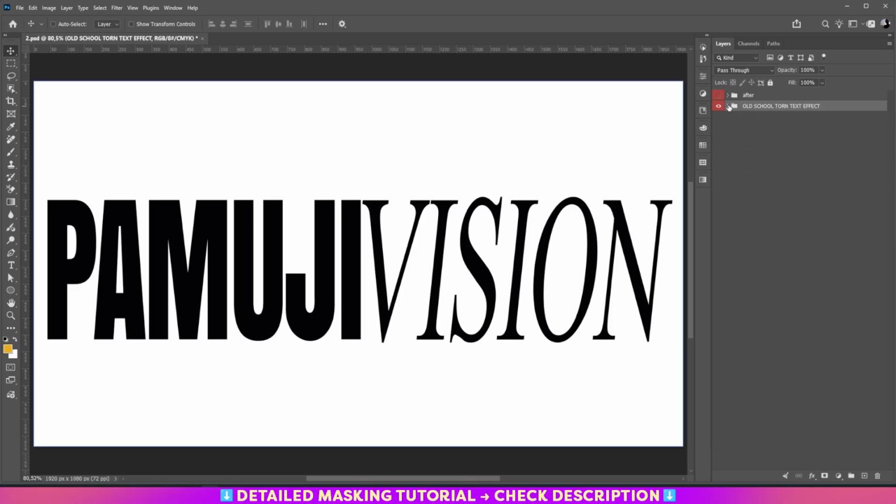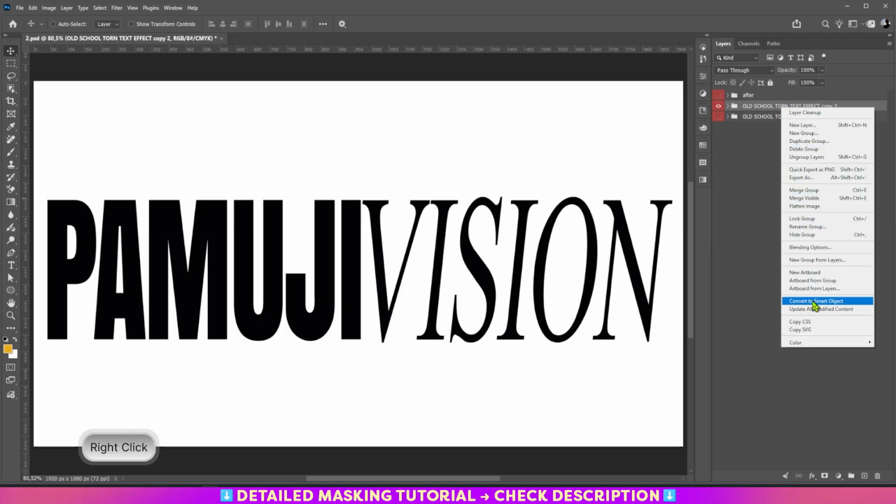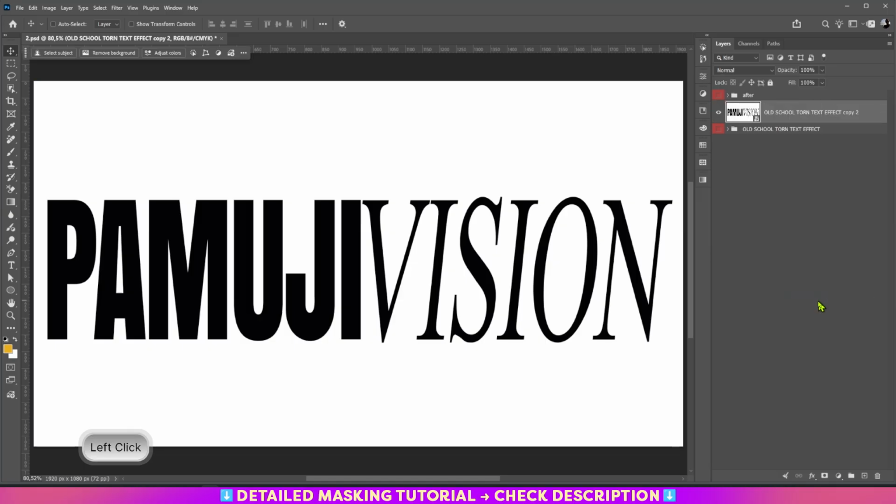First, this is my layer. You can type whatever you want, but this is how I show you the formation. First, I copy the group by pressing Ctrl J, and then I convert it to a smart object. Then I use filter,